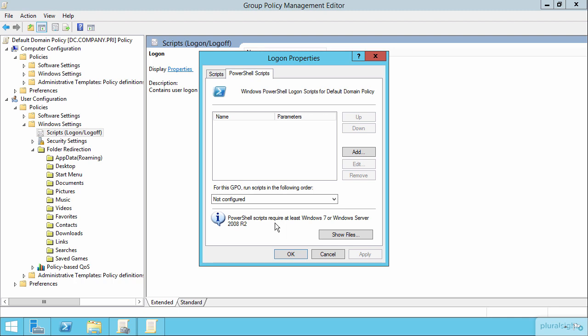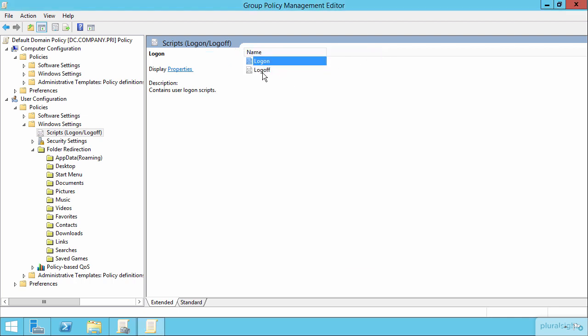Depending on the contents of your scripts, there may also need to be some PowerShell execution policies configured for those machines. And also for this GPO, this gives you the opportunity to run the PowerShell scripts first or the PowerShell scripts last. So depending on what your needs are and what level of customization you require, you can create a series of scripts or PowerShell scripts to execute at logon, to execute at logoff, so when the user actually logs off from their machine. Both of these are here inside of user configuration, or alternatively, up here under computer configuration